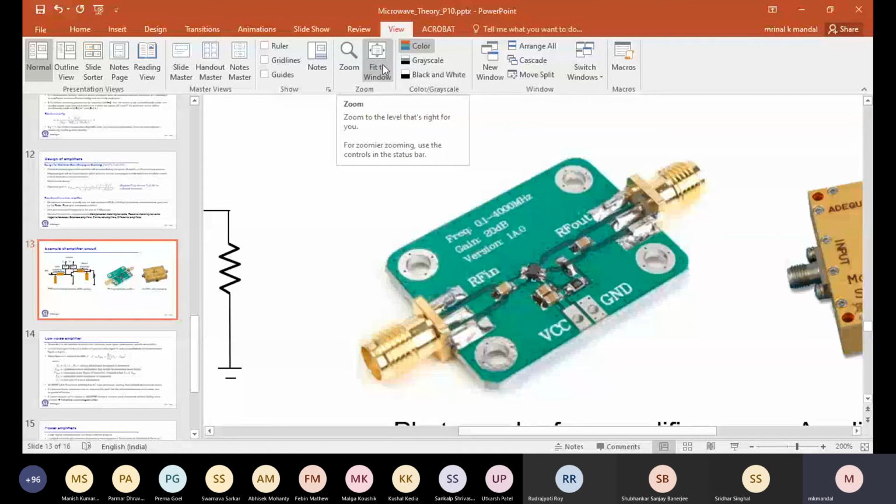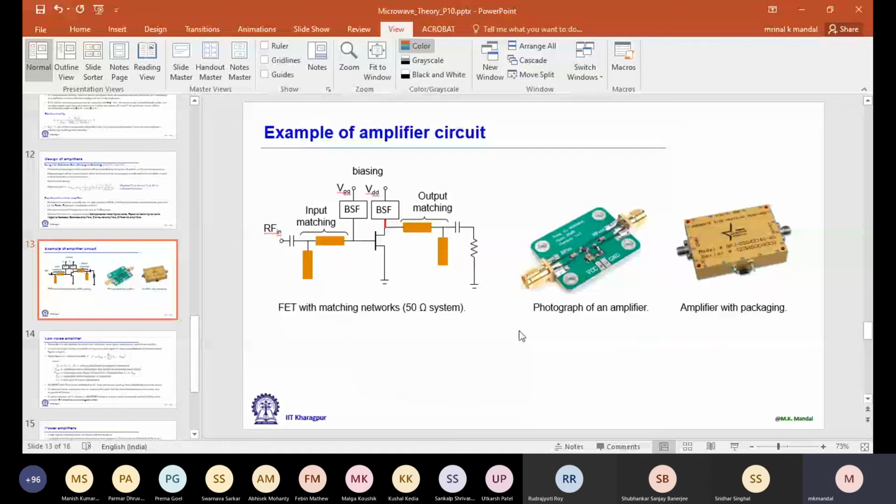Actually, we practically use two of them, one for the low frequency part, one for the high frequency part. High frequency means from the RF point of view, and other than that, your DC adapter may have some oscillation, particularly if you use any SMPS or that type of adapter. So we want to suppress that noise also. So one capacitor in the picofarad range, another capacitor in the microfarad range. That is the practical approach. So after packaging, the amplifier looks like this.